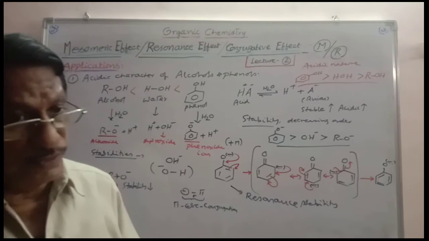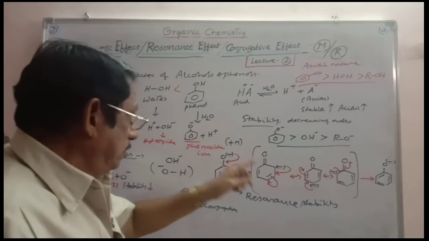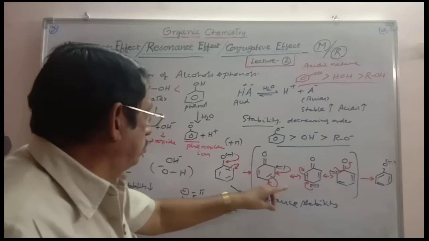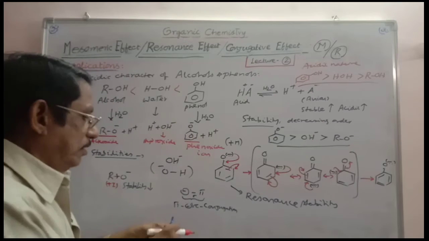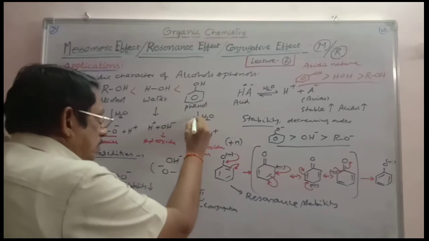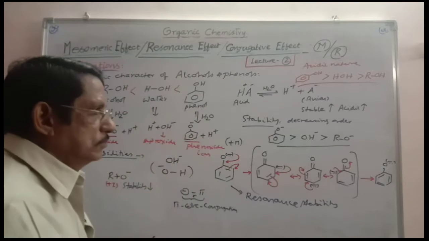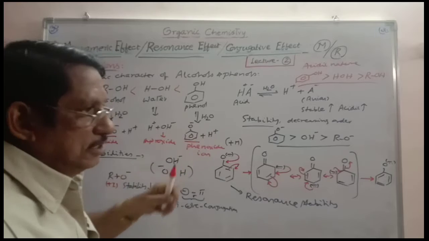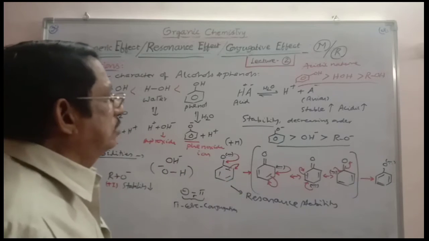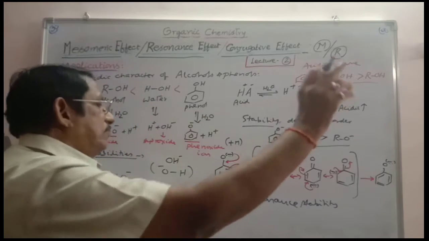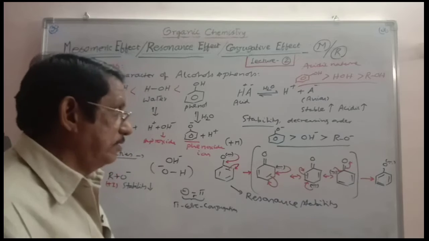And here you may get one more doubt. What is that? As phenoxide is more stable, the equilibrium is shifted towards this, and it will not go back. Phenoxide is more formed, that is why H plus is formed. Don't forget, phenol is also stabilized by virtue of its resonance forms. Then how can you say phenoxide is more stable than phenol?